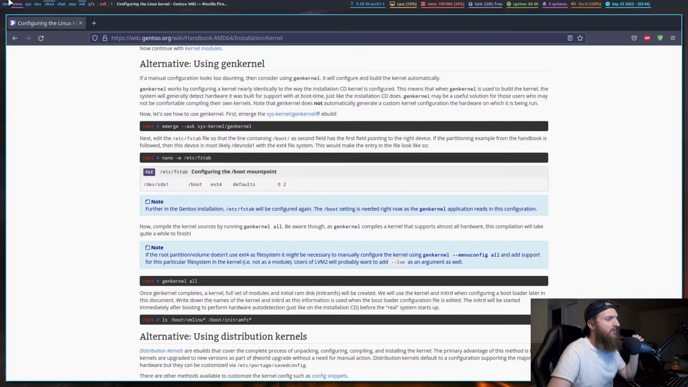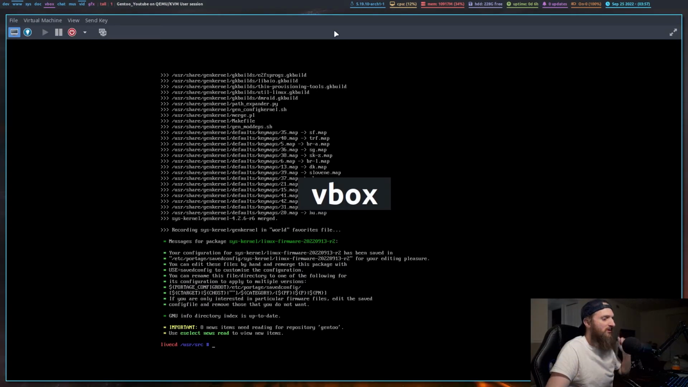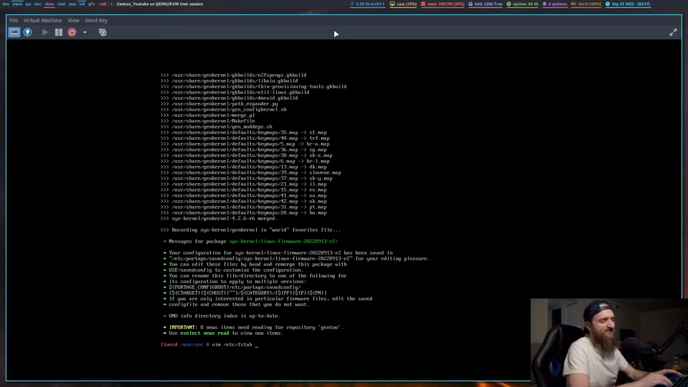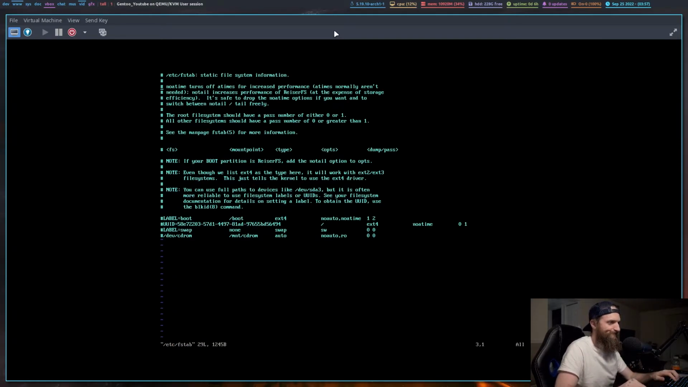Okay, so we need to edit /etc/fstab because we need to make sure that GenKernel knows where to put the bzImage and the images that Grub will use to boot the system, right? So we do vim /etc/fstab, go all the way down, /dev/sda1, /boot,